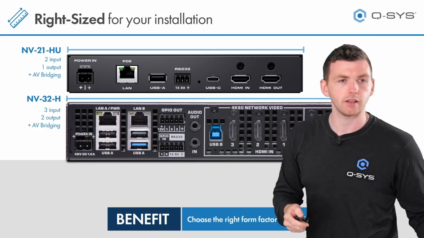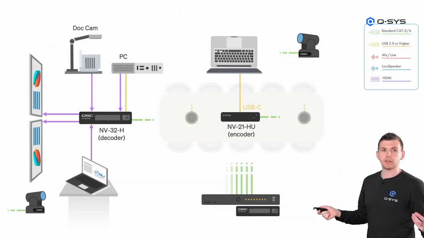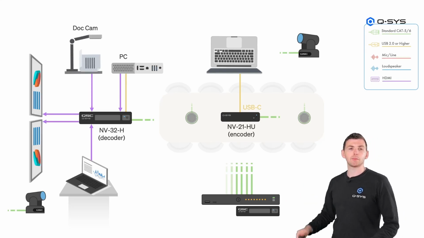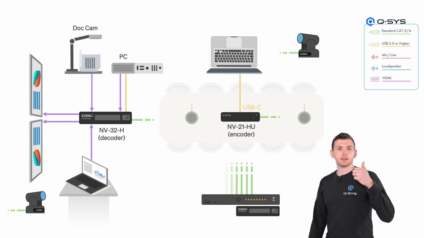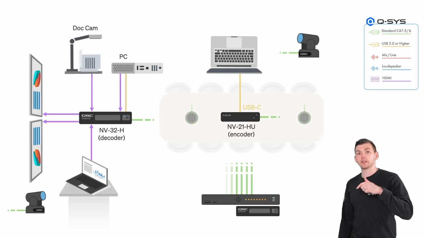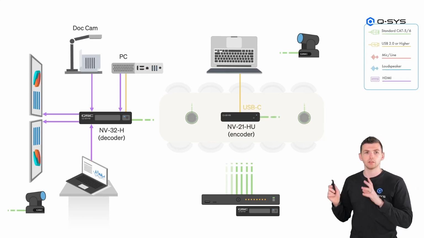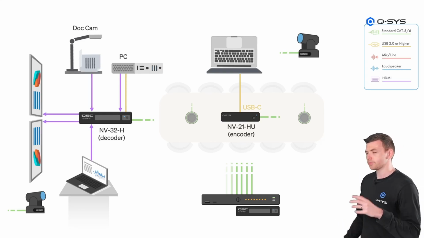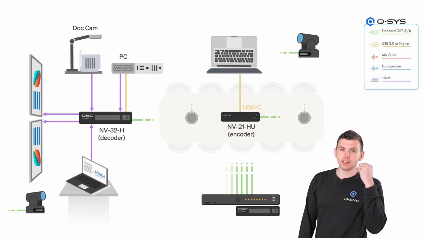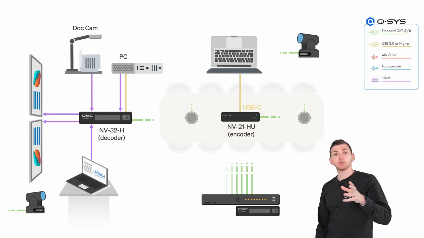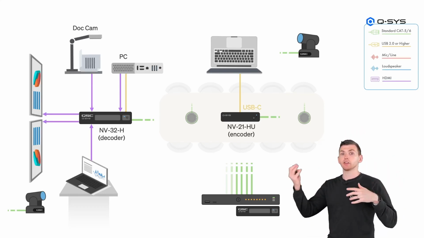And then we've come back to this example here. Same thing, I've just put an NV21 at the table, USB-C connection, and remember that's now doing charging and encoding of the content and decoding of cameras, USB audio bridging as well, okay, with that NV21. Cool, so there's the NV series. We're going to be coming back to that because there's more to come from NV series. But you can see, of course, how you could scale this up, how you could have lots of encoders, lots